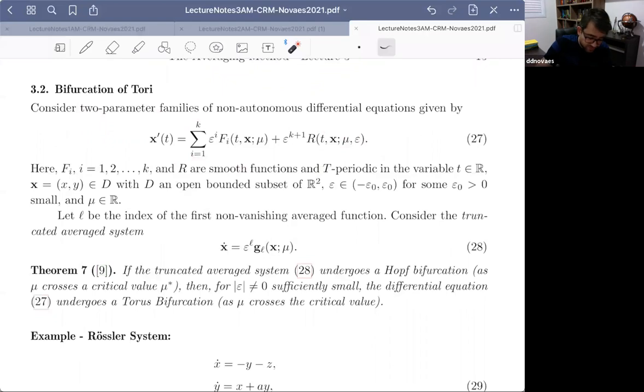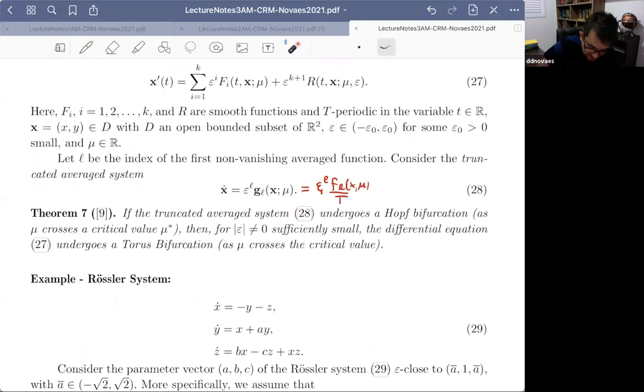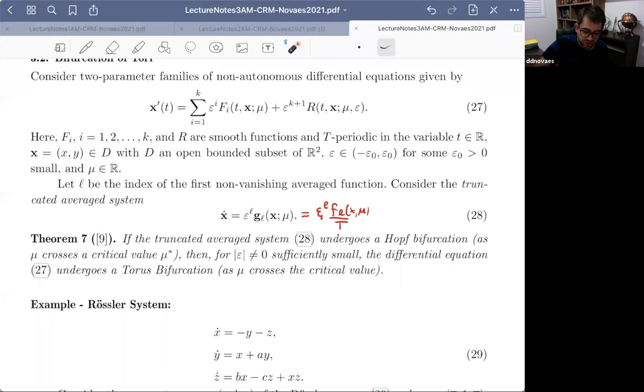Okay, so if L is the index of the first non-vanishing averaged function, we can consider the truncated averaged system. Okay, this is GL, but it's also, we have seen, FL of x, mu divided by T. And the result in 9 is more complete and stronger than the one I'm going to state here. But just the simple result that we have in this situation is that if this truncated average system